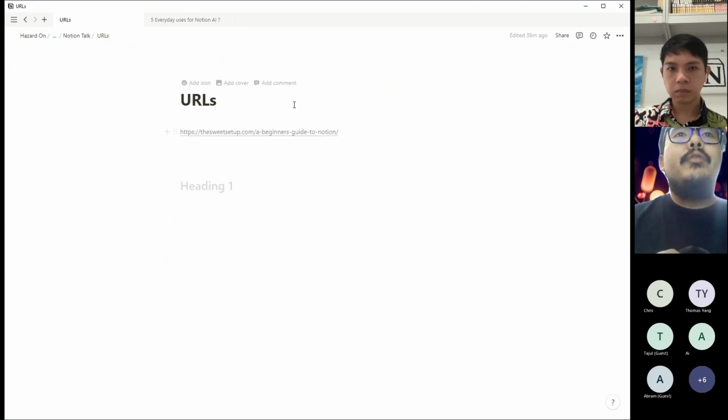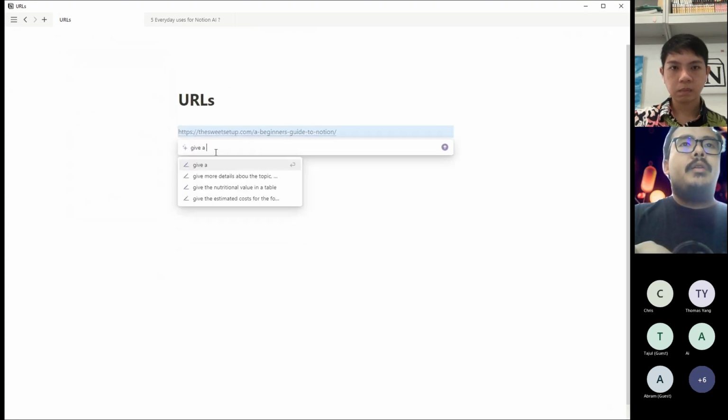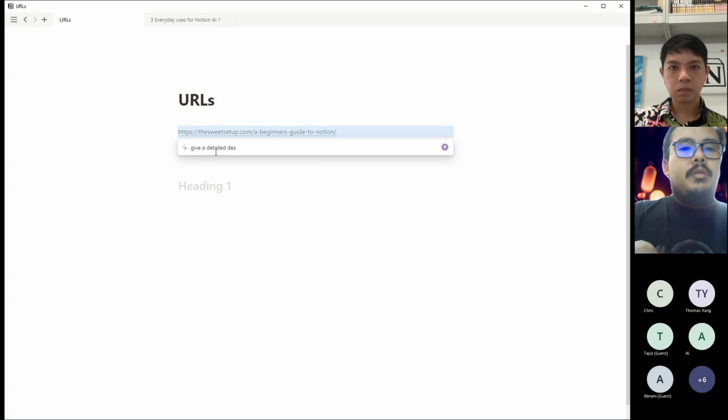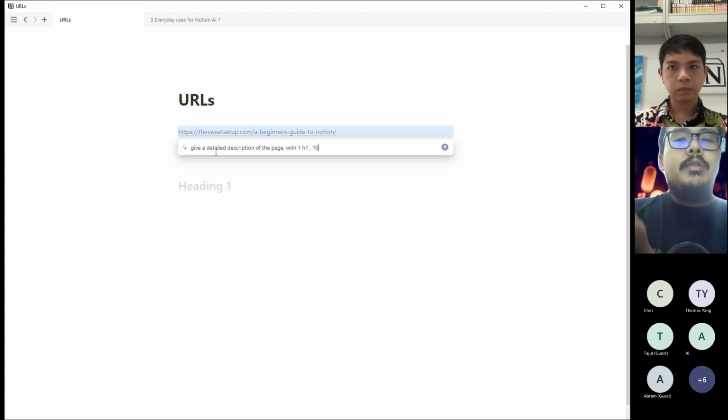So the last one I'm going to show you is URLs. So if you have a URL of a website that you are too lazy to read, you just write this and ask AI, give a detailed description of the page with one header, one H1, and 10 H2s, so that's subheadings.